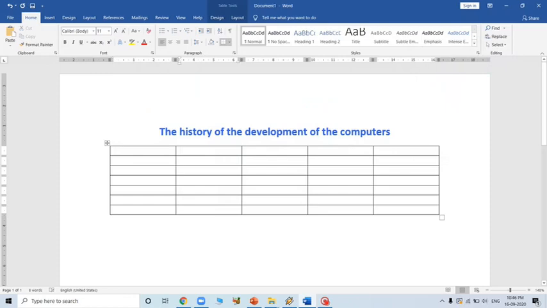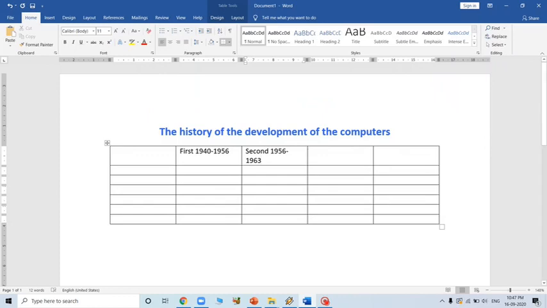Now we'll look at the columns. In the column we'll write first computer, that is from 1940 to 1956. Like that, we'll write about the second computer, from 1956 to 1963.